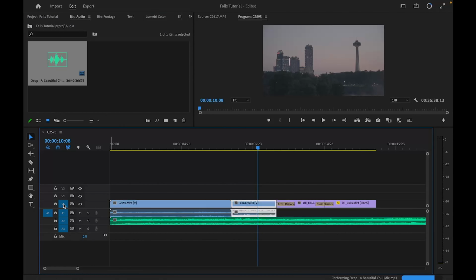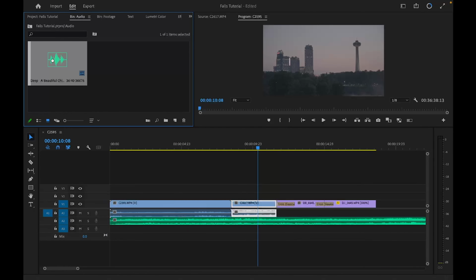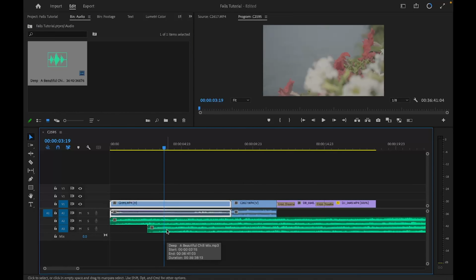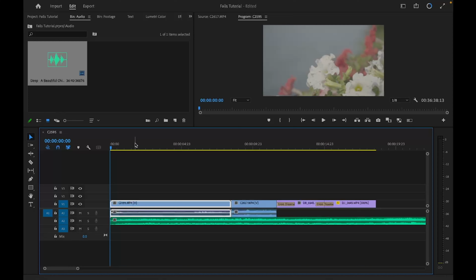So as you see here, you have V1, A1, A2, A3, V2, V3. Okay, so these are all of your video and audio tracks. So you can layer things on here. So I could take, let's pretend that this sound file was a sound effect, and I could put it right below the music so that it plays right there, or I could layer even more for an advanced project. But really, when you're just starting out, you want to focus on your video 1 and your audio 1 and 2 tracks. So if I go ahead and play this as it is,